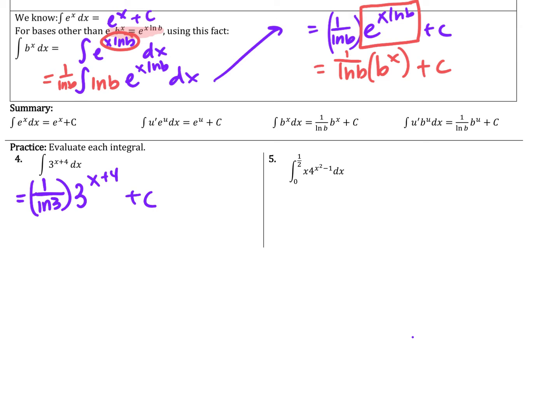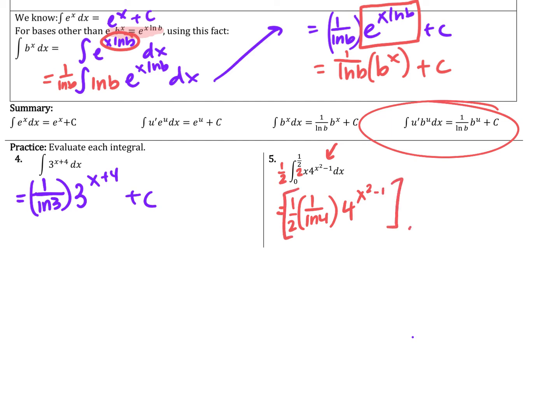Now on number 5, two things are happening here. The first is that we have bounds on our integral, and the second is that we do have a second function here. The derivative of this exponent is 2x. So what I really want is a 2 here and a 1/2 here. So that 2 times 1/2 isn't changing this problem at all, but now I can just apply this situation here. So this is going to be 1 over natural log of 4, and that 1/2 is going to stay in front, times 4 to the x squared minus 1, and this whole thing is going to be evaluated from 0